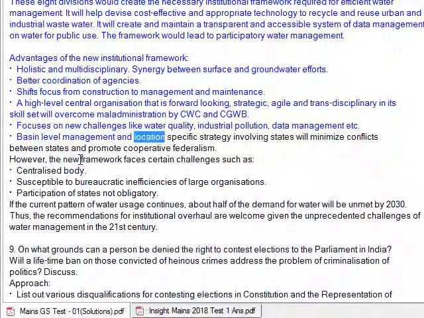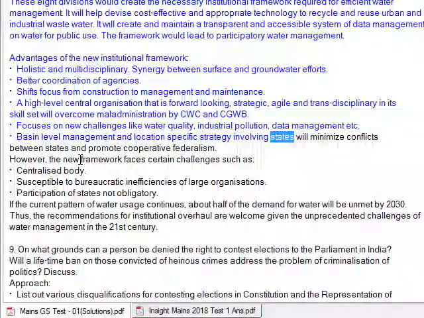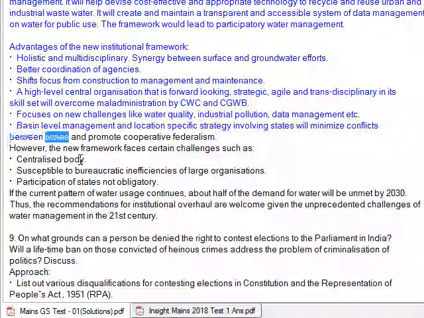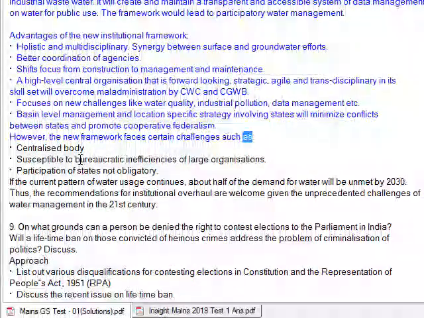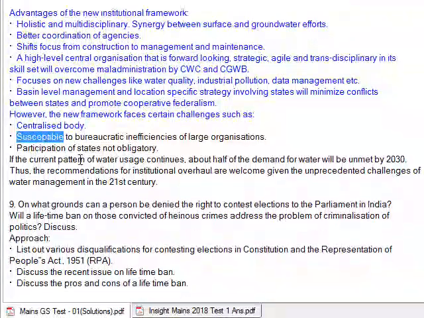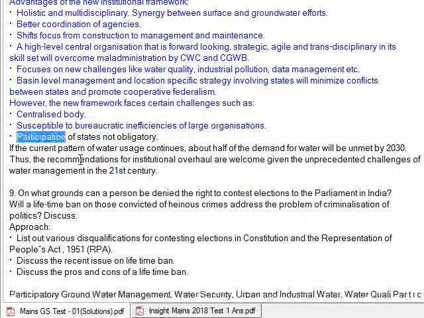Basin-level management and location-specific strategy involving states will minimize conflicts between states and promote cooperative federalism. However, the new framework faces certain challenges such as a centralized body susceptible to bureaucratic inefficiencies of large organizations, participation of